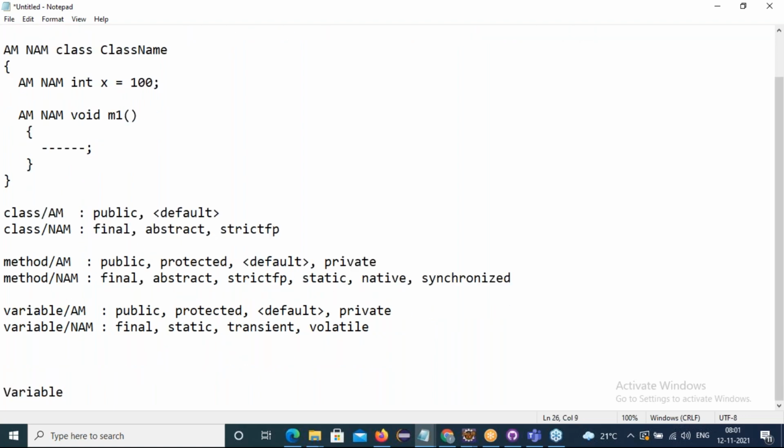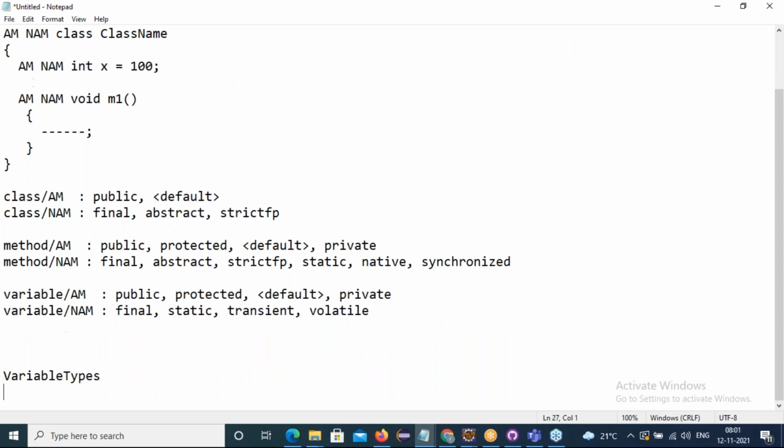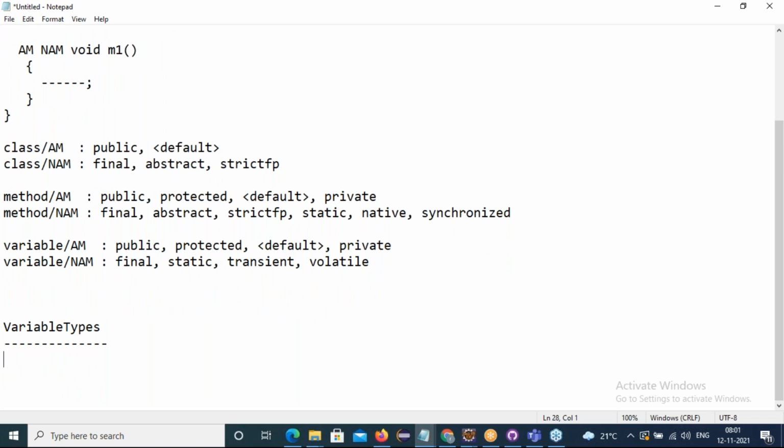Okay. Now let's talk about variable types. So friends, in Java there are two types of variables. One is primitive variables, and the second is non-primitive or reference variables.